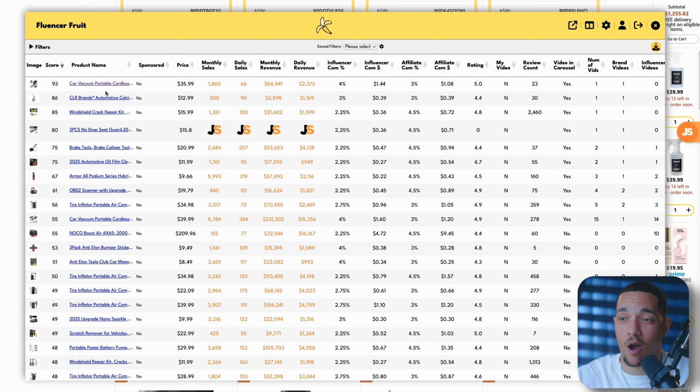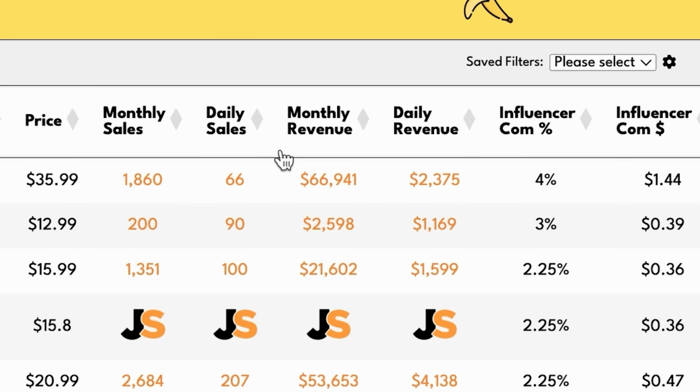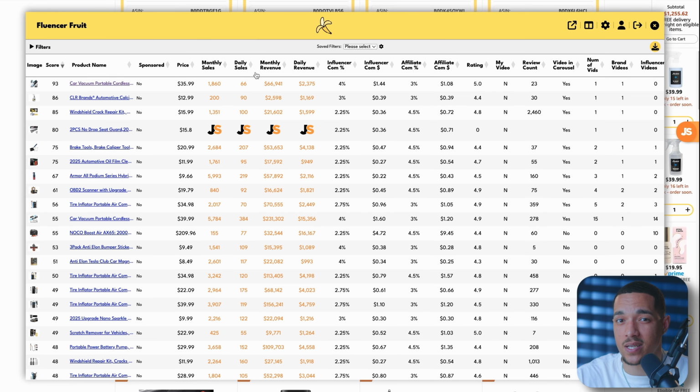And this is automatically a product that I'm interested in just because of the score, but we can also take a look at some of these other metrics. Now, one of the things that sticks out to me immediately is the fact that this product is currently getting 66 sales per day. Now, this number is just an estimate, but assuming that that product is actually getting roughly 66 sales per day, and combining that with the influencer commission rate, which is $1.44, if this information is correct,